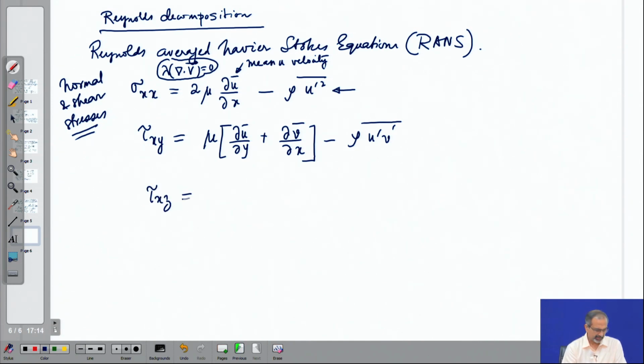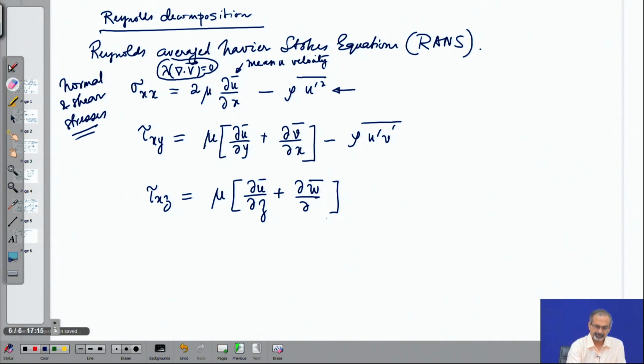In tau x z, you get del u overbar del z, del w overbar... this should be a y, this should be an x, sorry, there is a mistake here. Okay, and then you get a